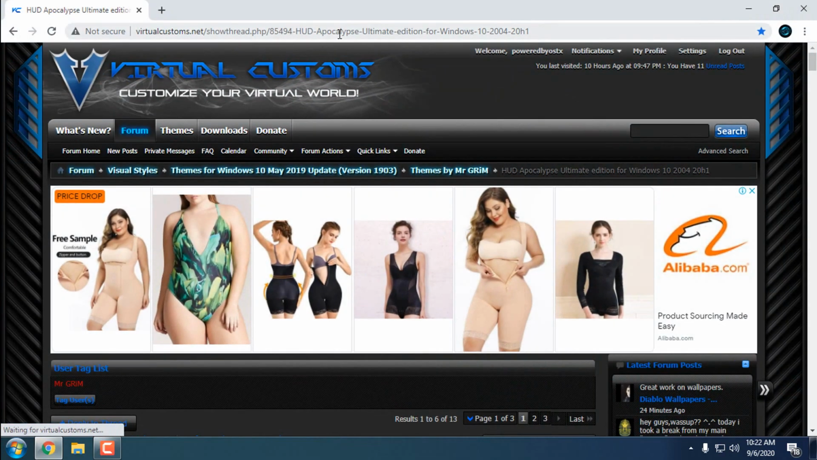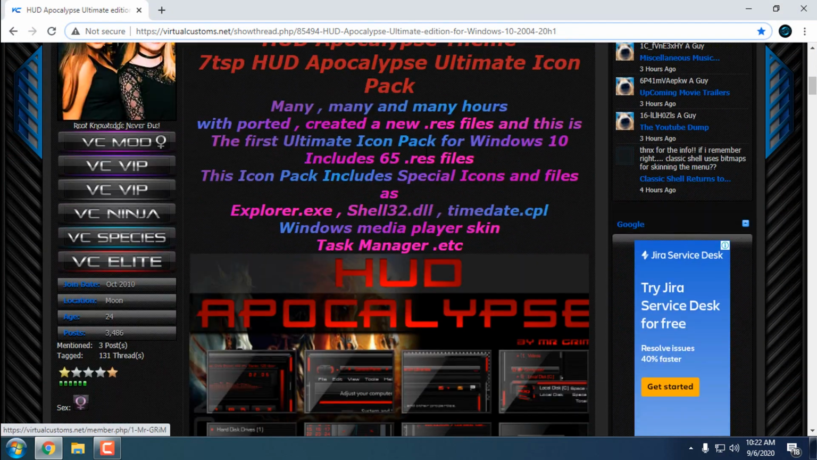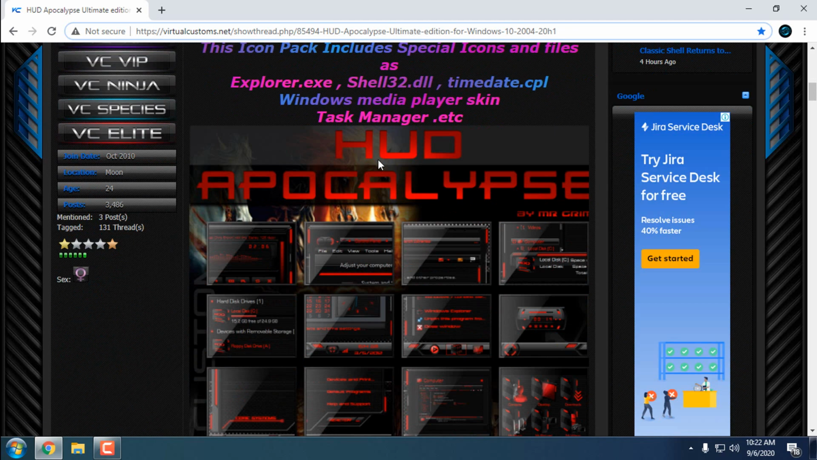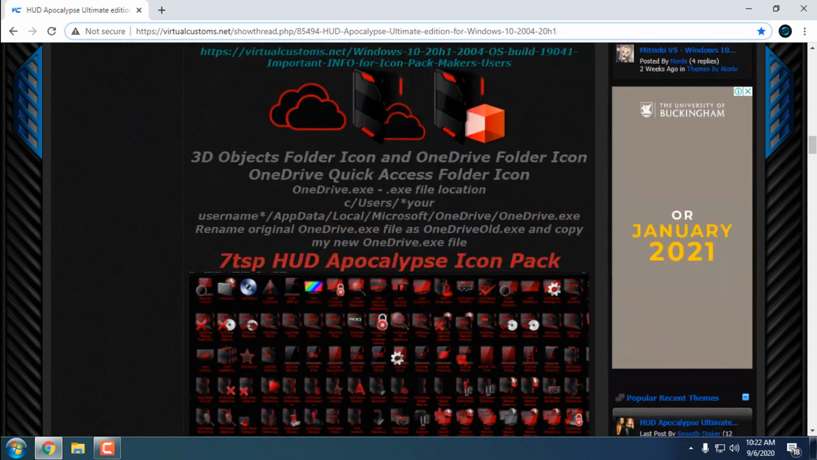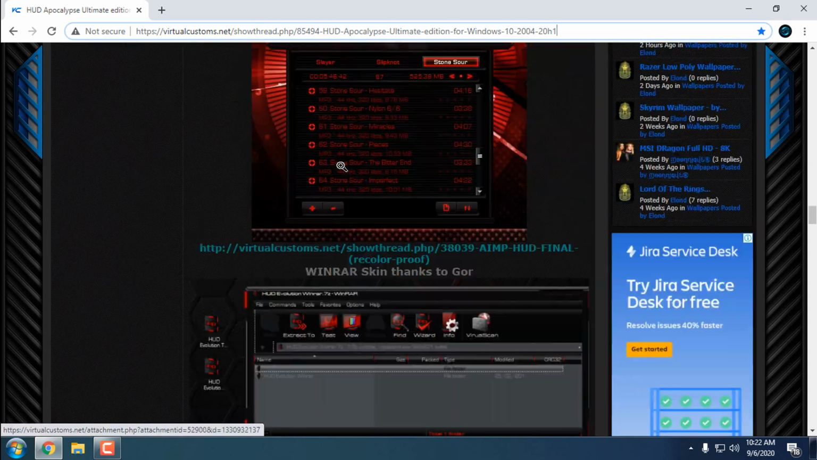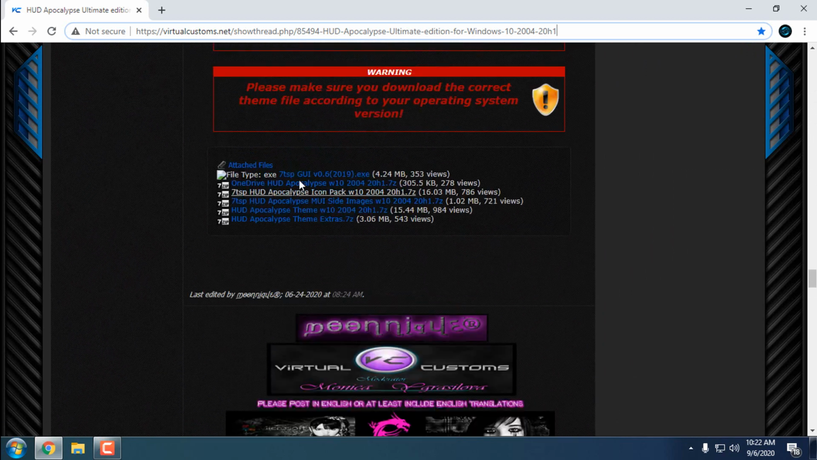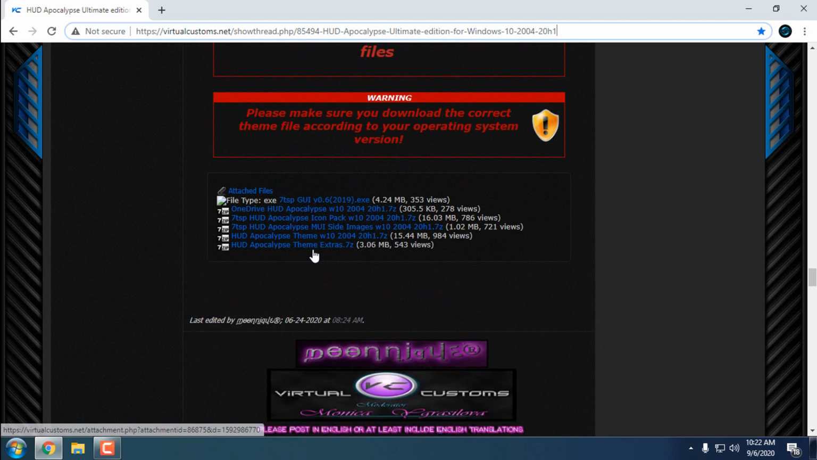Okay, after that go to this link. This is the only download link for this custom theme. I can't re-upload it to somewhere else, so you need to make account on virtual customs. After you make account, you should see these links. So these are download links, and